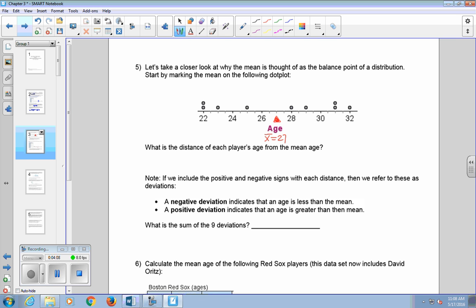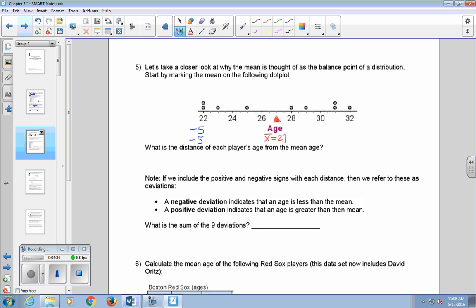So what's the distance of each player's age from the mean? So if we look over here, this at 22, we have 2 players. The distance from the mean there is 5. And we could say that it's actually -5 to denote that it's below the mean. So we have 2 players whose distance is -5,